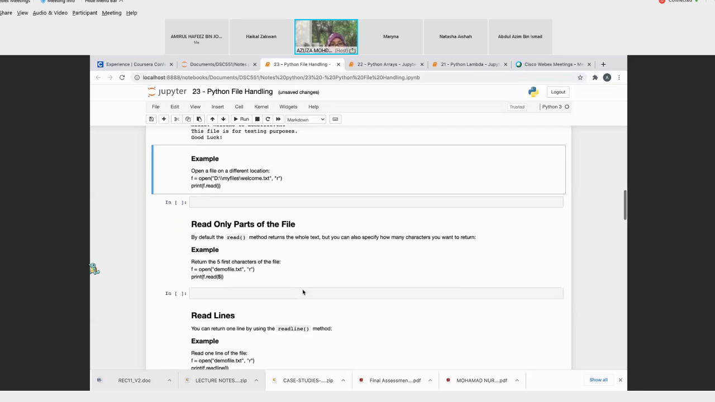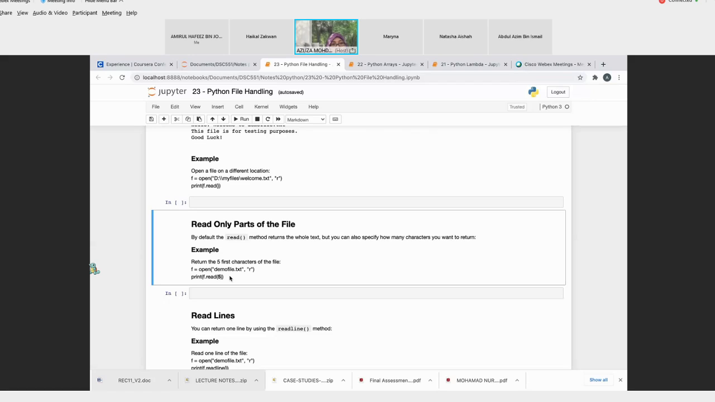Okay. And then read only parts of the file. Tadi file tadi, by default, the read method returns the whole text. Okay, dia akan baca semua text. But you can also specify how many characters you want to return. Example here, f equal to open demo file.txt and read, but you want to only read 5 characters. So 5 characters, dia akan baca